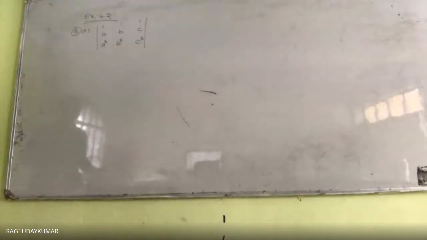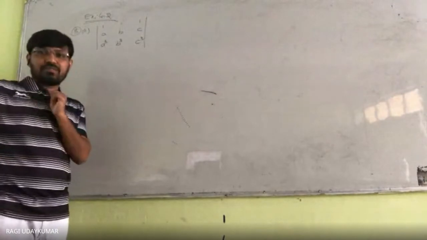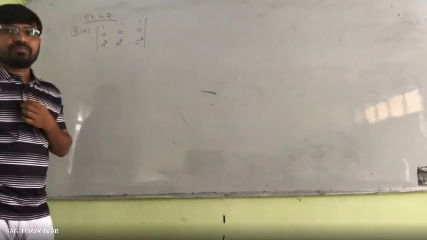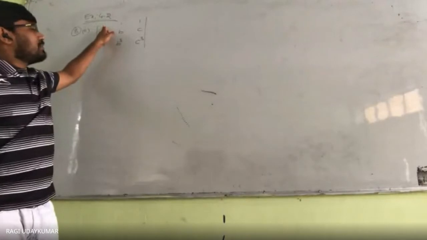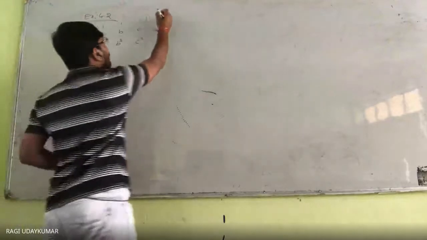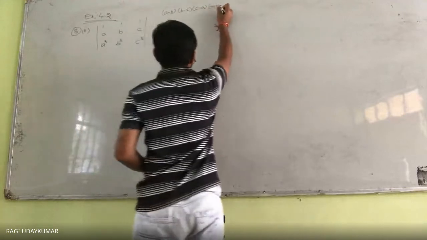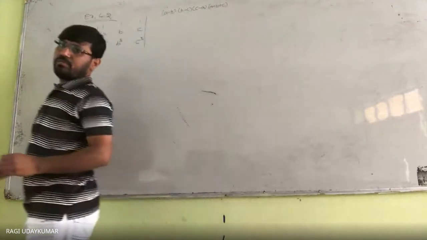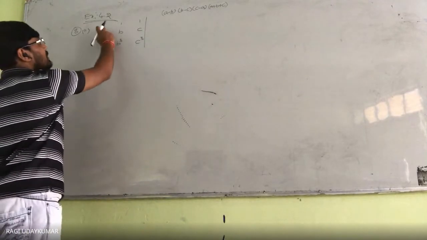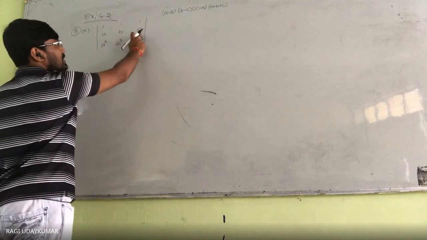So whenever you see 1 1 1 in any determinant of a matrix, better you plan to make two of these elements 0. And it is asking you to prove A minus B into B minus C into C minus A into A plus B plus C. This is the question, isn't it? So for A minus B, do this minus this; for B minus C, this minus this; for C minus A, we cannot do A minus A.